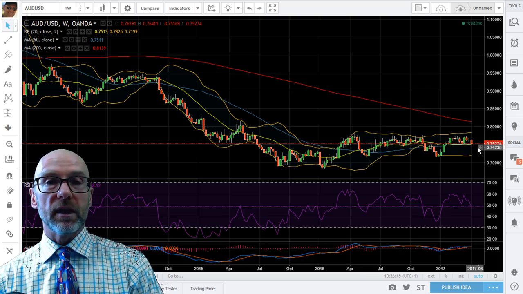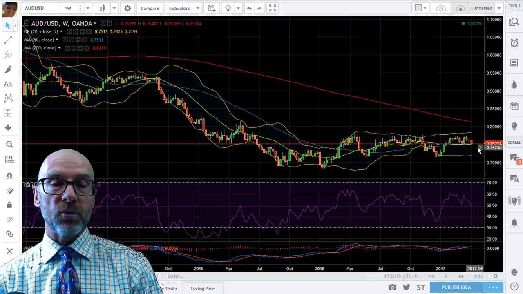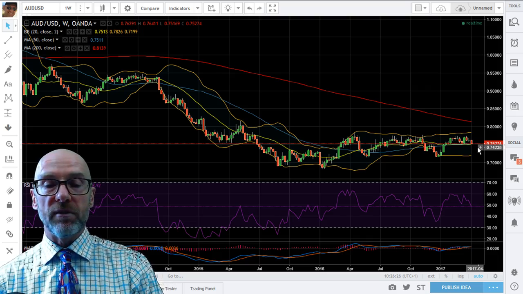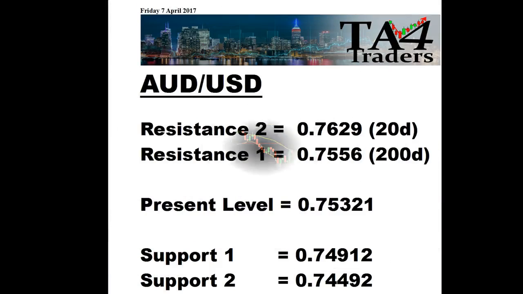If that picture breaks, there will be a lot of people holding the Aussie dollar on the expectation of a break upwards. If it breaks to the downside, they're going to get squeezed, and expect the move to be further than you expect. Looking at the support resistance levels, as I said, we're down below the moving averages now. So first resistance is at the 200-day, 0.7556, and then at the down tracking 20-day, 0.7629,